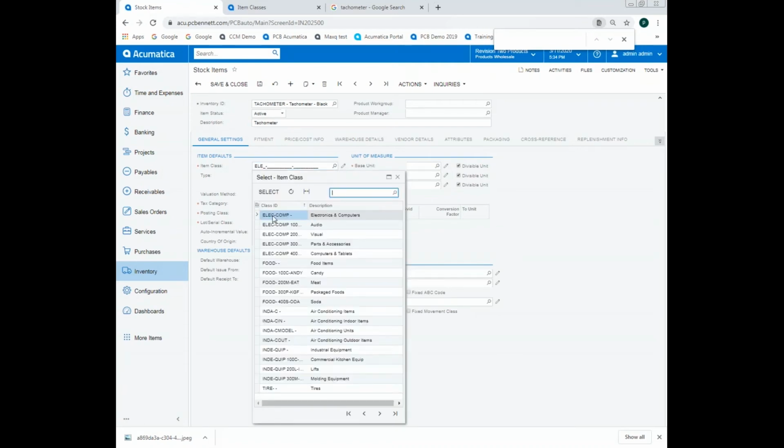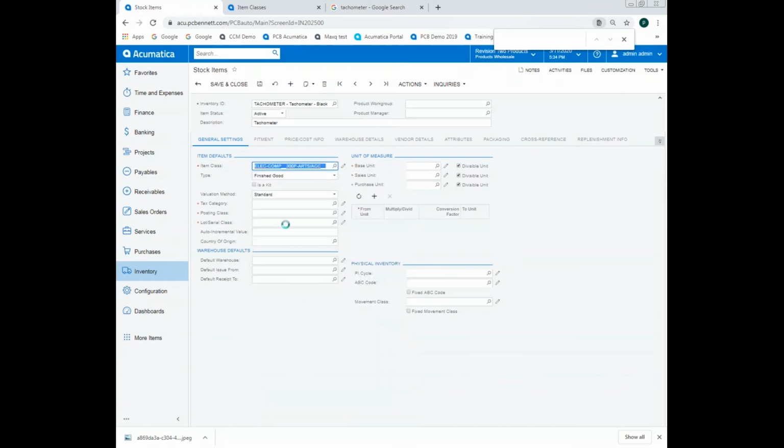I'm going to parts and accessories. And automatically, as you can see, it populates a lot of the information in the screen based on my selection